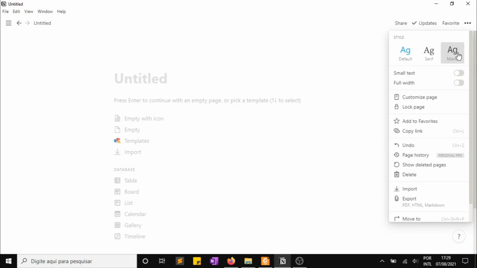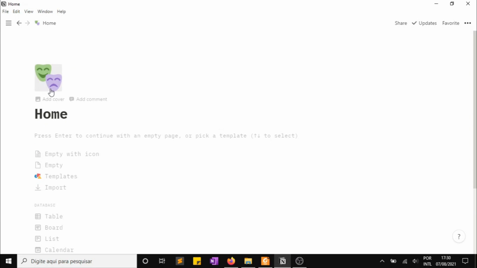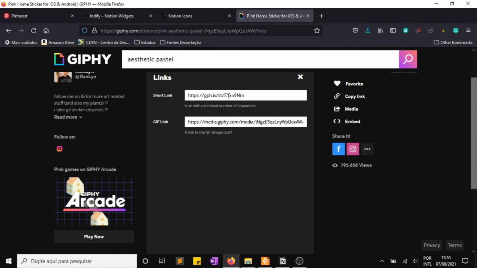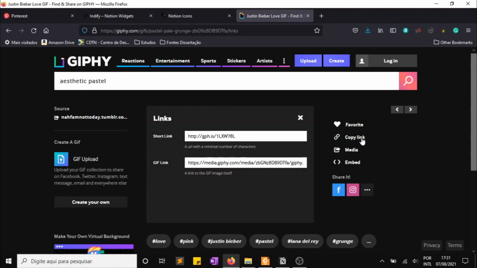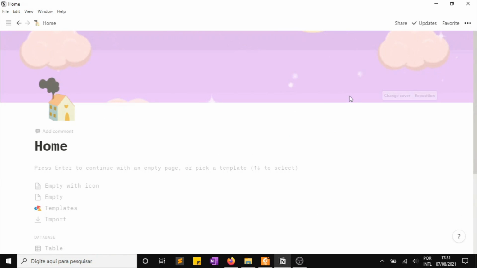Watch a time-lapse on how I created an aesthetic Notion home template with widgets, images, and a weekly planner. I like my Notion dashboards clean and organized, and it's possible to make them aesthetic too.